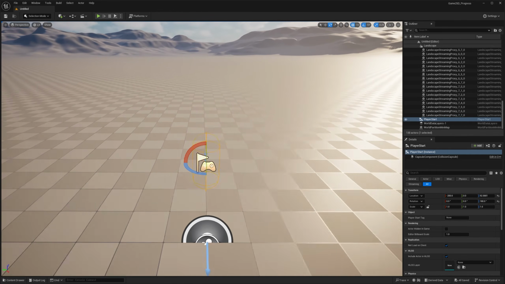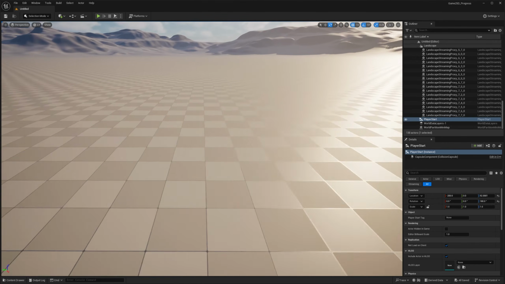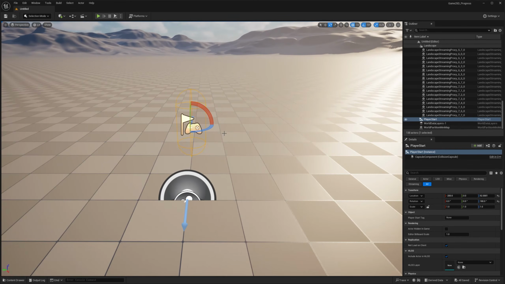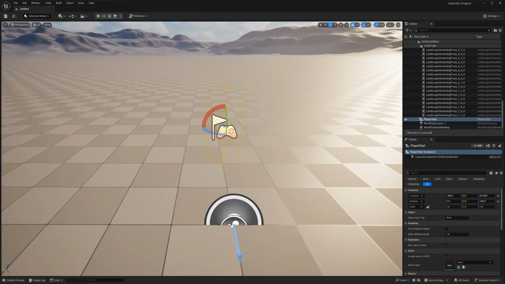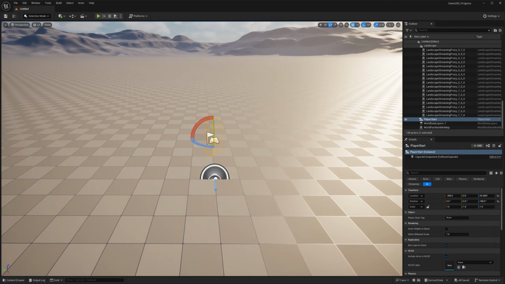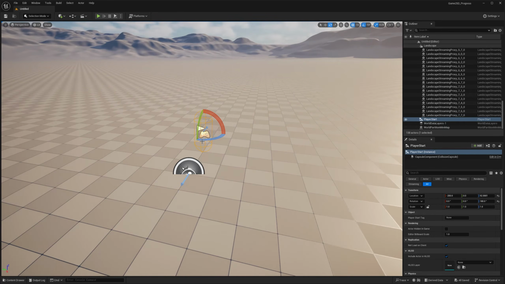Coincidentally, you can also hold your middle click or your mouse wheel to move around and pan around. Also, if you have a mouse wheel on your mouse, you can literally scroll up and scroll down to zoom in and zoom out. The reason why I'm showing you all these different ways of navigating the viewport is because